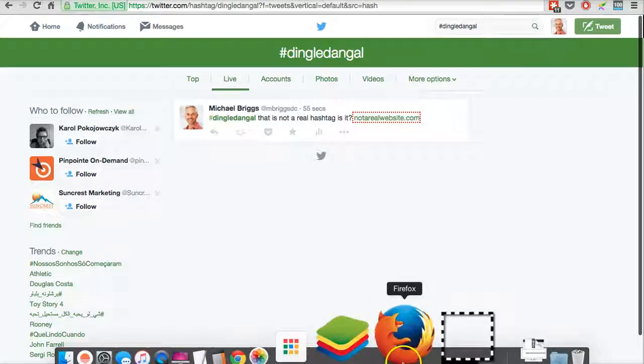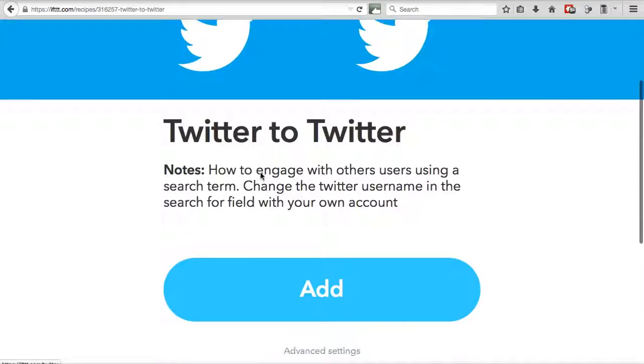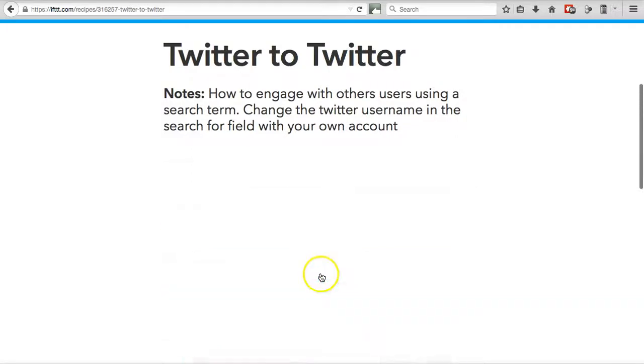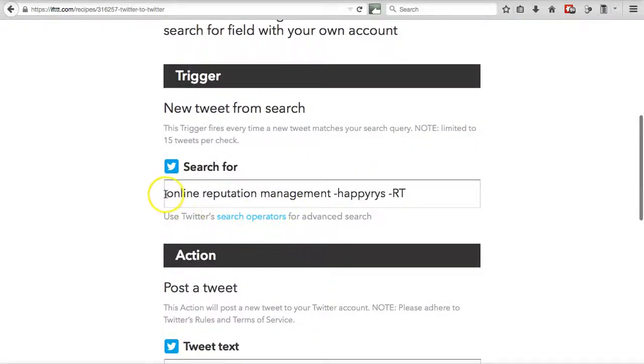So just to show you, this is the recipe I used, which I'm sharing with you now. So what you want to do is, before you set ads, just go down to advanced settings for me. In this particular case, I chose online reputation management. Type in anything you want here again, guys. If you want to niche your persona out for whatever, finance, catering, healthcare, construction, just come up with search terms that you would be putting into Twitter. So just to show you, basically I could take that there.